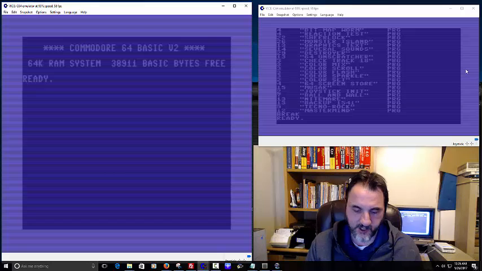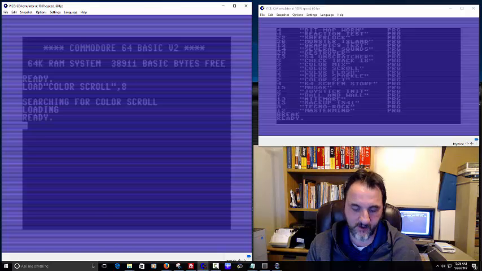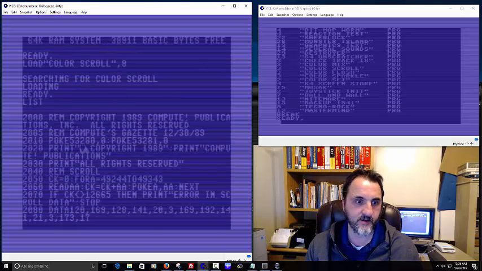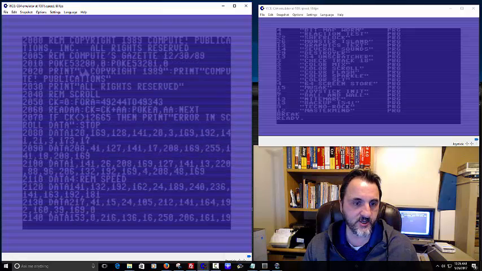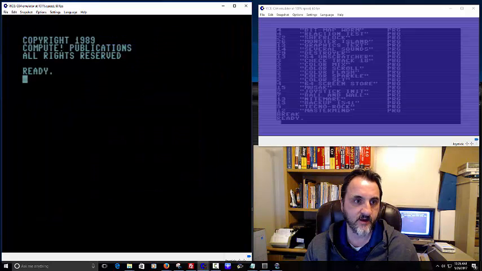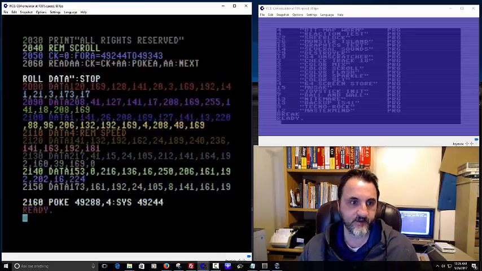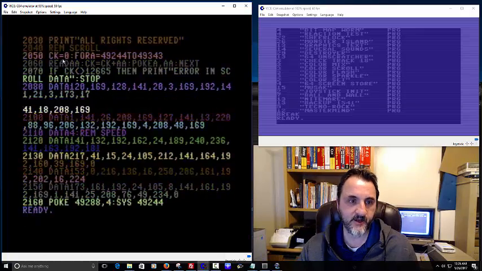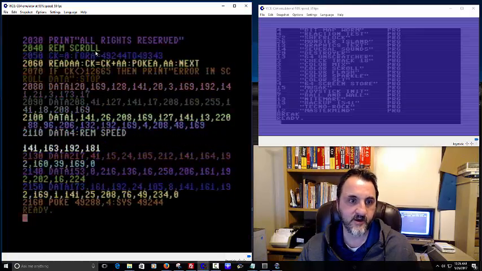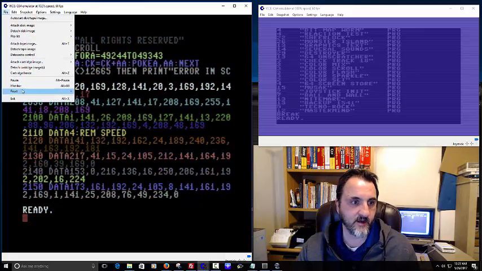All right, so reset this. These are just some of the other rasters. When I was first learning about rasters, I came across this raster list and just threw them on a disk here. This one's a color scroll. Listed again. Another Compute publication. Machine language utility. This one just scrolls up and down. Kind of cool. We could actually slow that down too and make it a little bit easier to see. They just have it going pretty fast here. Excuse me if you're epileptic.